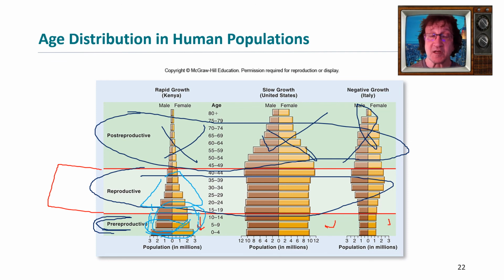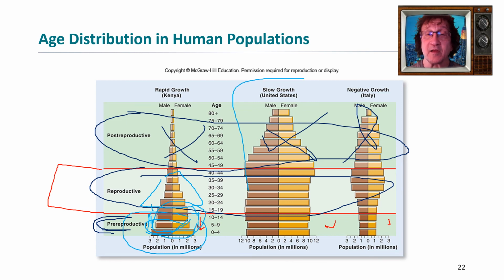And guys, I know that's confusing, but just remember, if it looks like an Eiffel Tower or a pyramid, that's a sign of a growing population. It takes a bit of looking at this and saying that if this 3 million goes up to here, that means there's going to be 3 million people here instead of going down. So if we see this bottom getting bigger in proportion to the top, that's a rapidly growing population that could be doubling every 10 years for all you know.